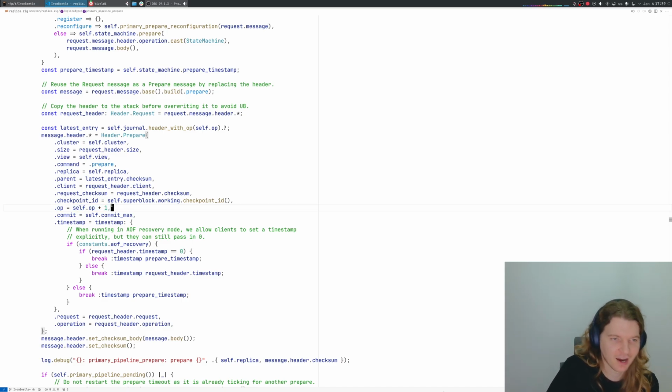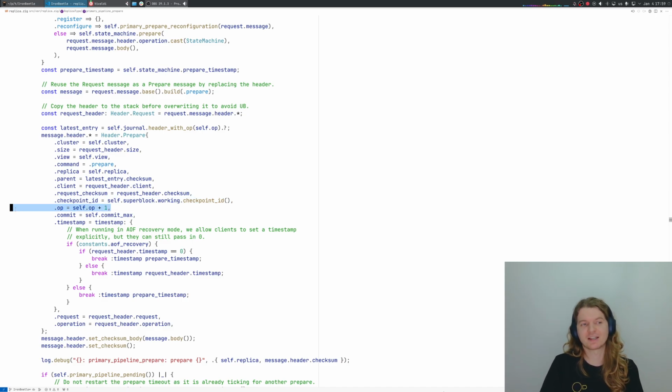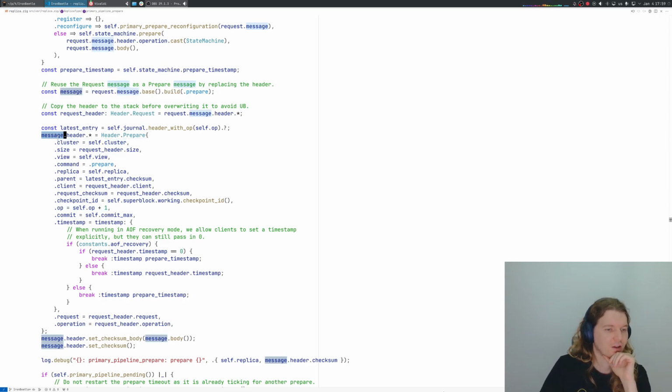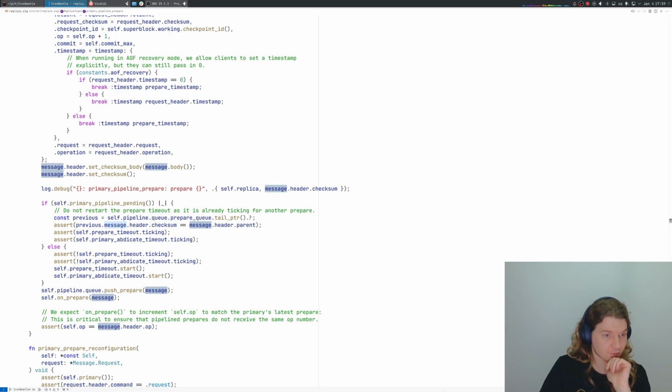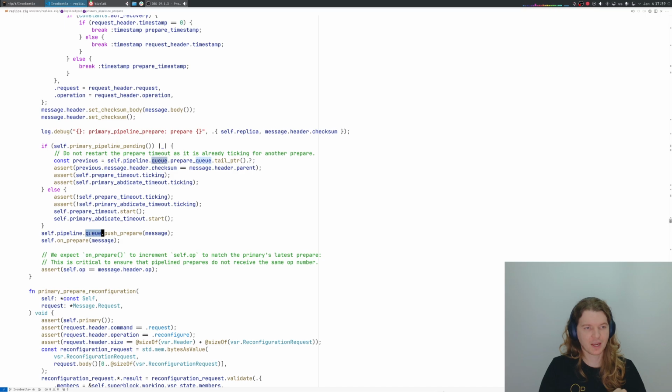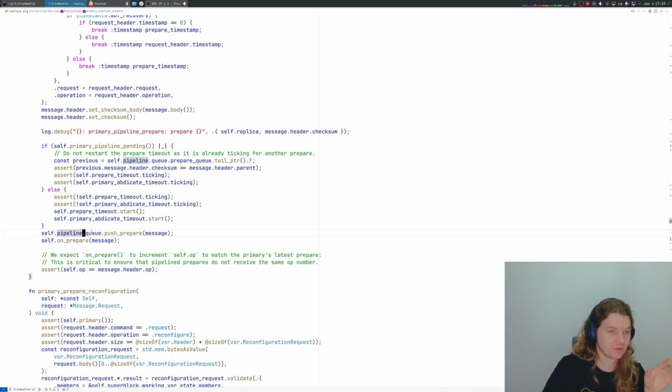This single line here is basically the whole shebang. Why do we do this? That's where the magic happens, that's where we assign a sequence number and make things happen in a particular order observable from the outside. Okay, so we get this message. And then we add this message to the pipeline queue. And I think